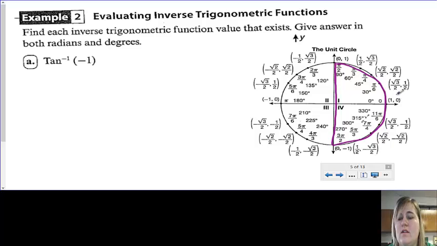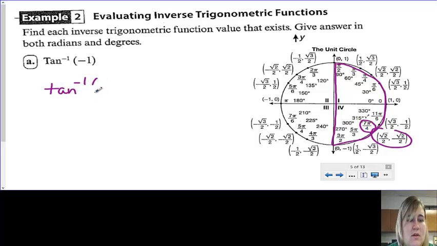So I don't have anything the same here, no. These are the same, but they're both positive, so that doesn't work. If we go here, not the same. These are the same, but I have a positive and a negative. Okay, so we're talking about 7 pi over 4, which we could also call, we could say that tangent,